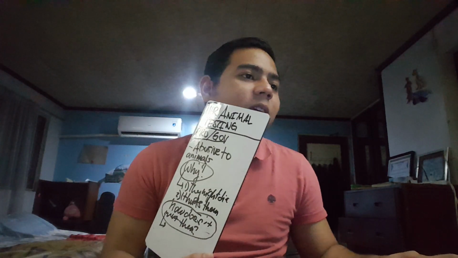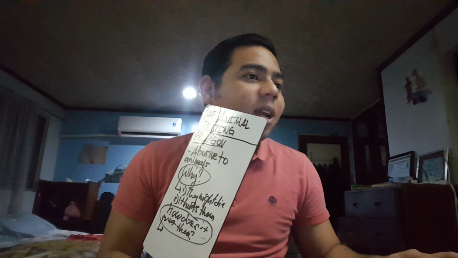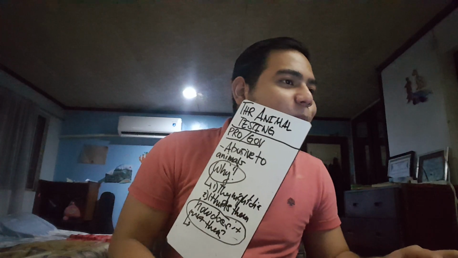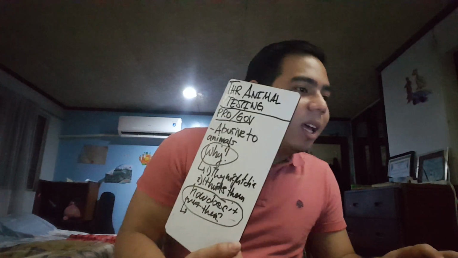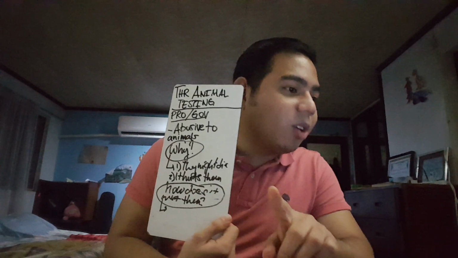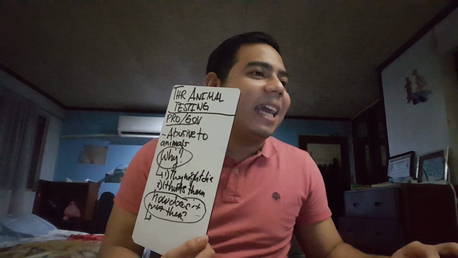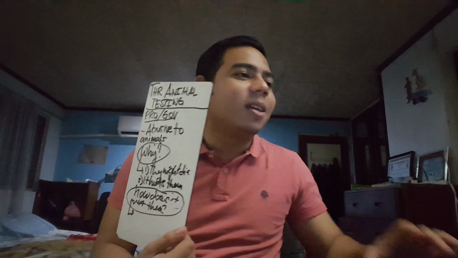In some tournaments you can prepare for it. So, for example, I prepared evidence as to why it's abusive. I could say that according to this group, called People for the Ethical Treatment of Animals, or PETA,